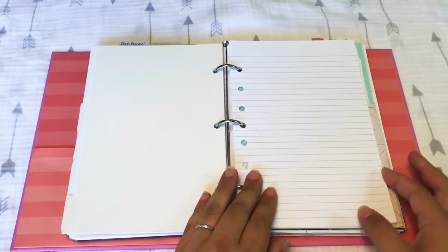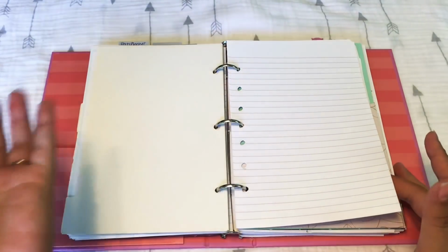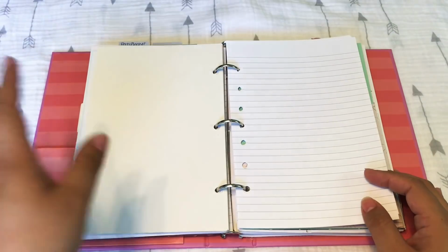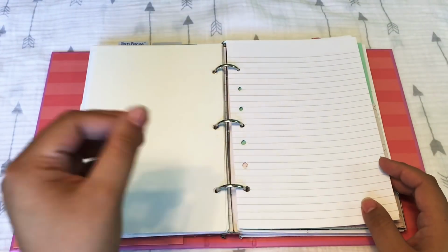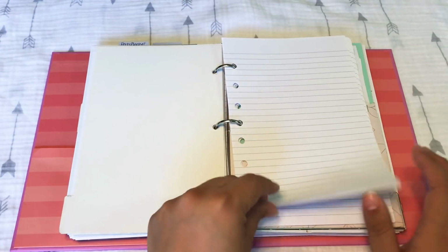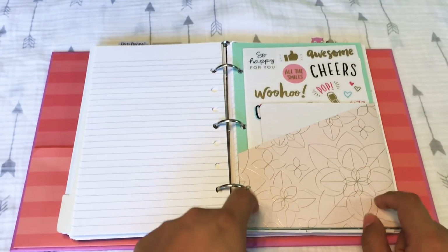And then this next tab is just notes. Anything like the birthday party, when I get started on planning that, I can move the little party planner here and then just continue adding notes on here. And then this little